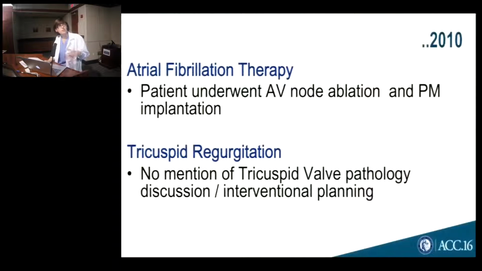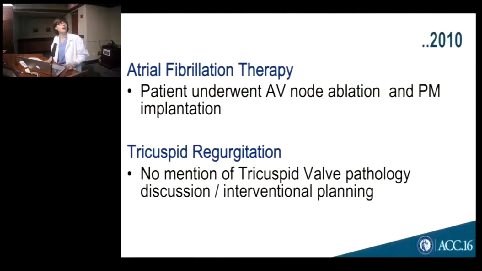The procedure was successful. The patient was dismissed to rehab, and unfortunately, we don't have a follow-up because she was lost to follow-up after the procedure. But what was kind of striking going through these different charts and consults was that even though there was a clear focus on the AFib management, there was absolutely no mention of tricuspid valve pathology, except of course on the echo reports, and no discussion whatsoever of what should be done to address the issue or of an ideal